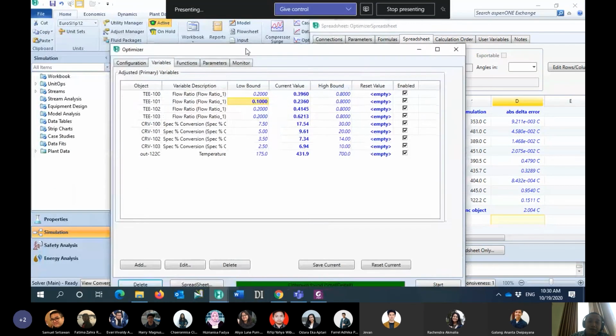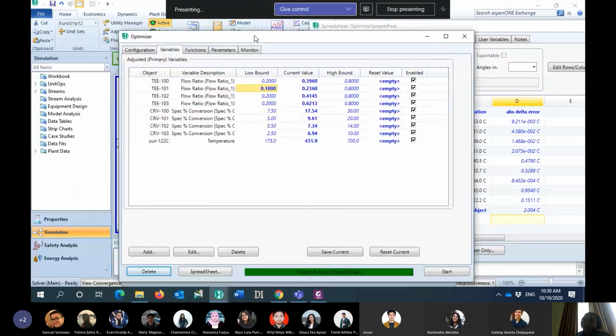Now we evaluate the data that changed by HYSYS, following the temperature profile. It's mentioned that for the T100, the split ratio is slightly different from my initial guess. I put previously 0.4, now the correct one should be 0.39.